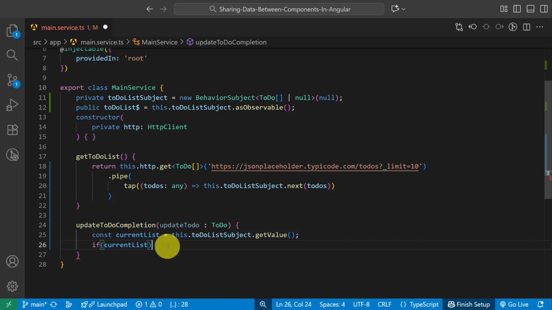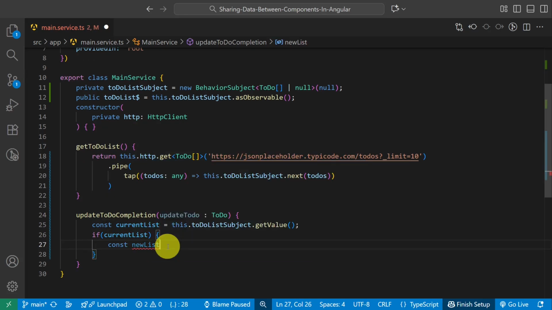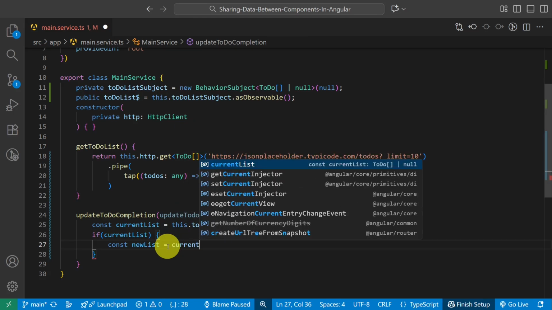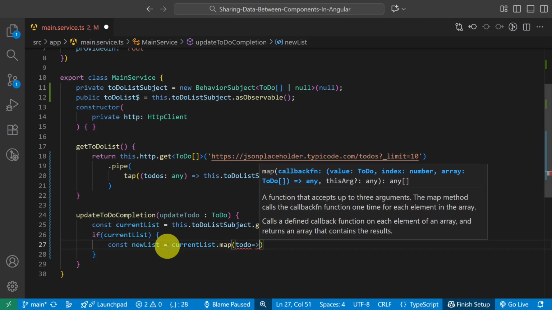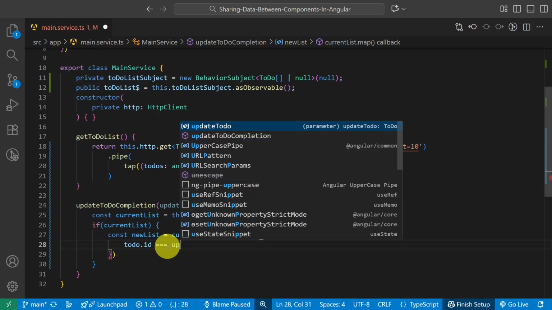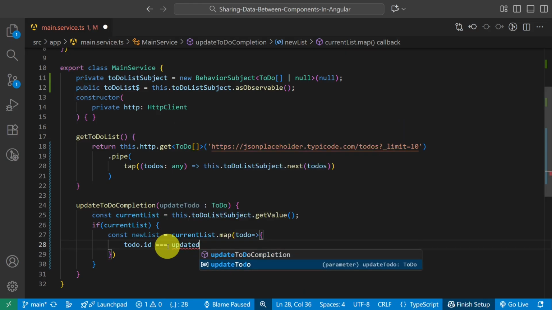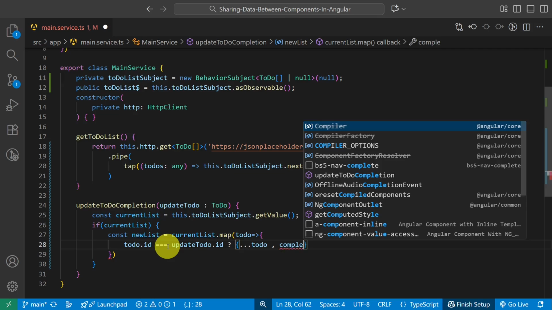Now here first I check the current list and then I make a new list. Why? Because I want to get, as I told you before, the updated version of completed, and then next it to the todoListObservable.